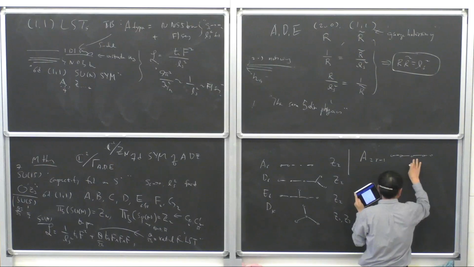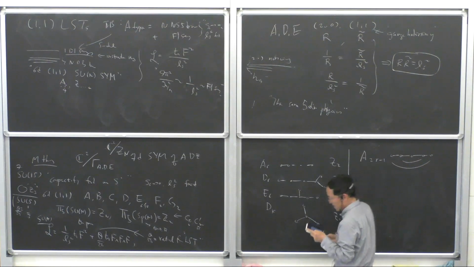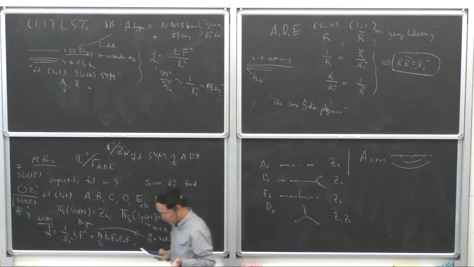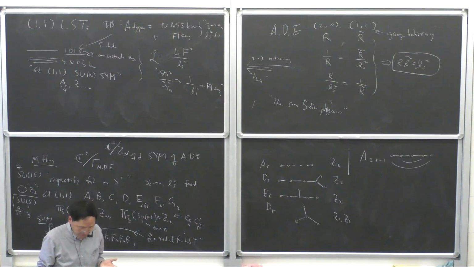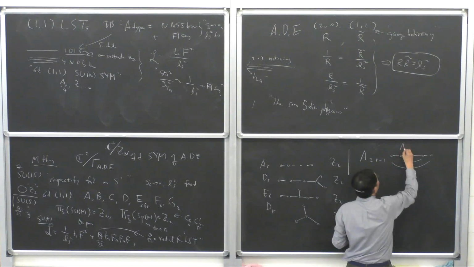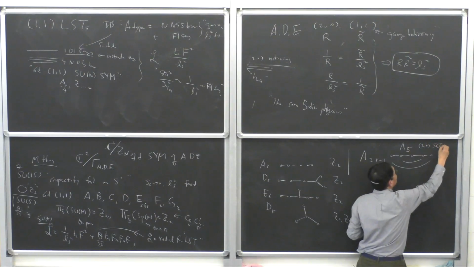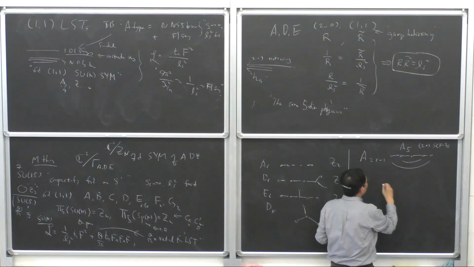One, two, three, four, 5. Then we do twisting with this G2 symmetry. So, for example, A5 (2,0) SCFTs, and then G2 twisting, then we get a